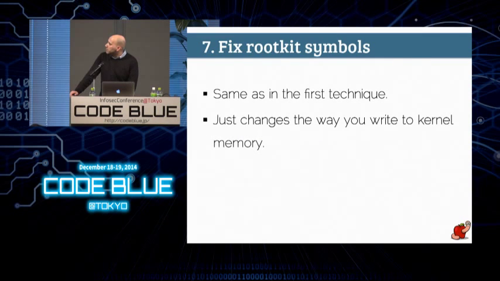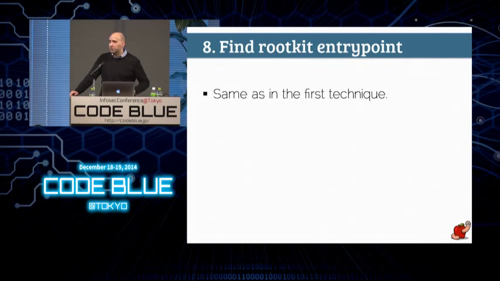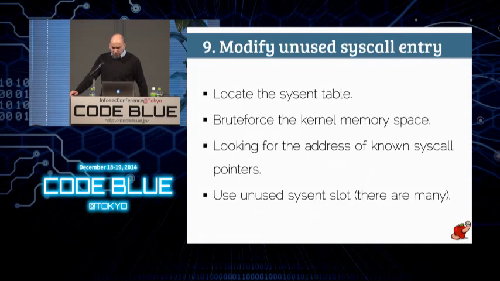To fix the rootkit symbols, it's exactly the same stuff. You just change the way you write. To find the rootkit entry point, same thing. You process the rootkit, you find the offset, and then you get where the rootkit will start. To find the system